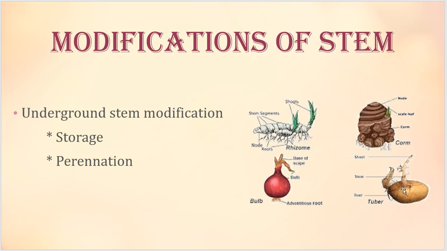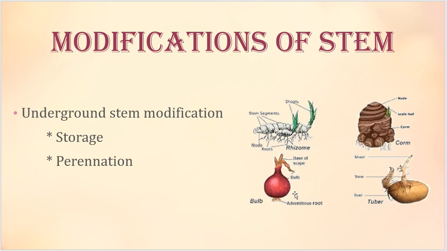And in potato, what we can see is the tuber. That tuber of potato has axillary buds, and we call the axillary bud of potato the eye of potato. And this tuber will never produce roots. This is very important. Tubers will never produce roots. Then from where are the adventitious roots produced? When the eye of potato, the axillary bud, develops its own shoot system, later from the base of the shoot system, roots can be produced. Tuber will never produce roots.